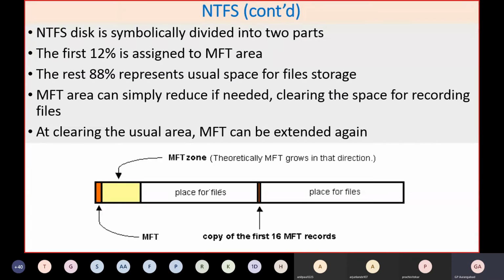If you see in this particular figure, the entire hard disk is divided into two parts. 12% is assigned for the master file table area and 88% is used for the file storage area. So this is the new structure that is used, which is again a hierarchical, very complex structure that the operating system manages itself without any problems to the end users.